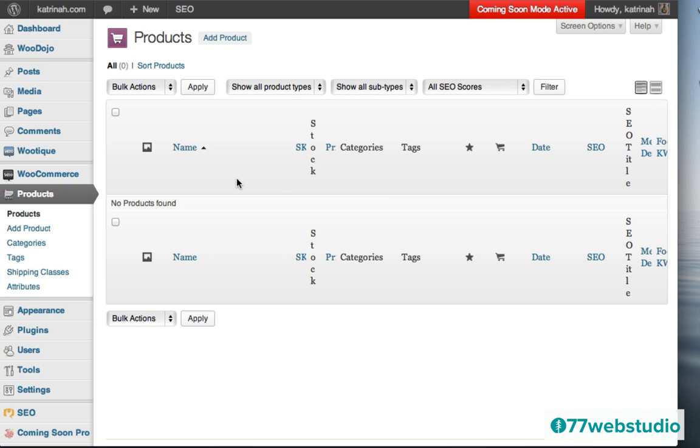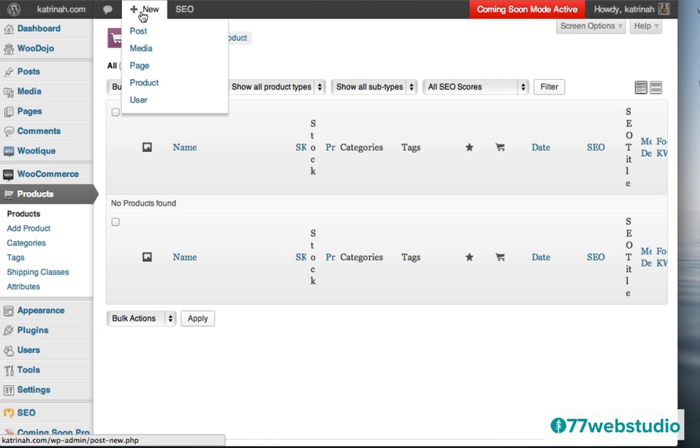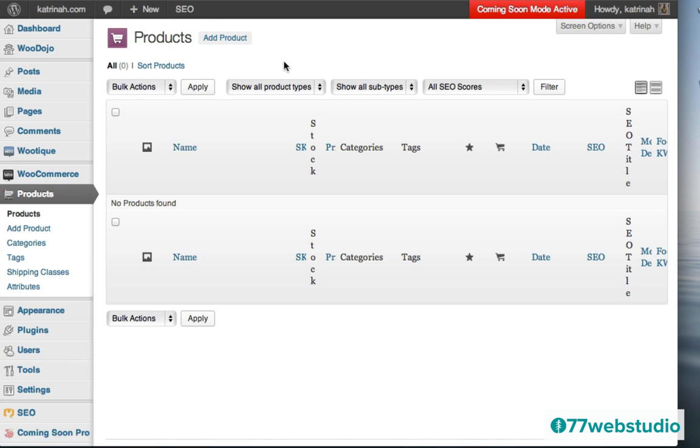To do that, there's actually 3 ways. Number 1, you can click on Add Product here at the top, or you can click on Add Product on the left-hand sidebar underneath where it says Products, or in the top toolbar where it says plus new. If you hover over plus new, you'll notice that it will say product, and you can also click on this link. So WordPress gives you several different ways to navigate around the website to do the same thing. To add the product now, I'm just going to click on this link here at the top that says add product.